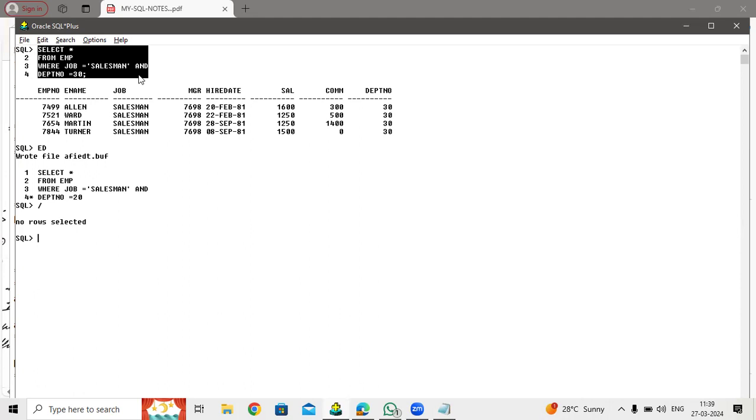Done. One last query on it. Write a query to display details of employees who are getting salary greater than 2000 in